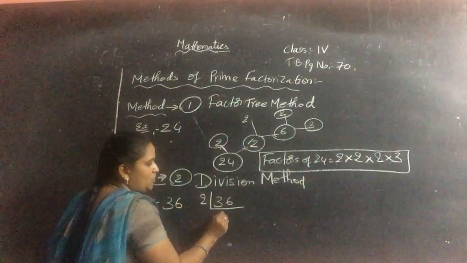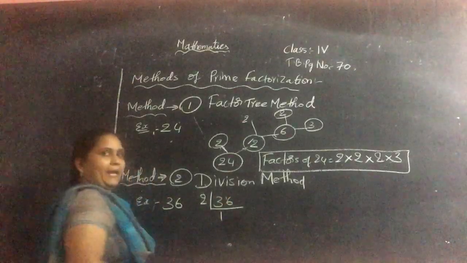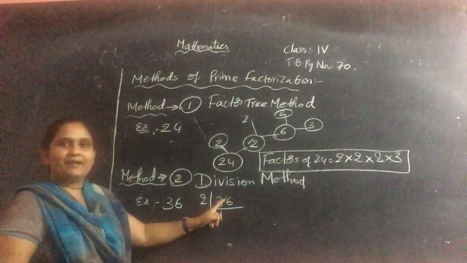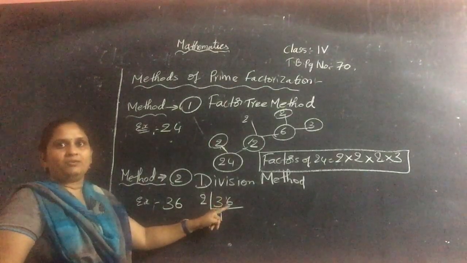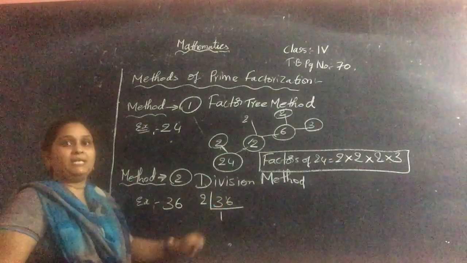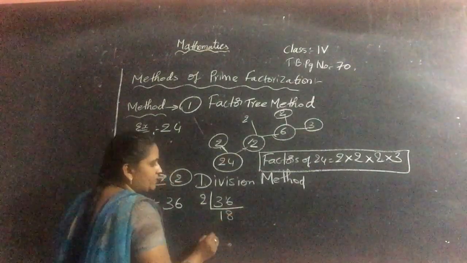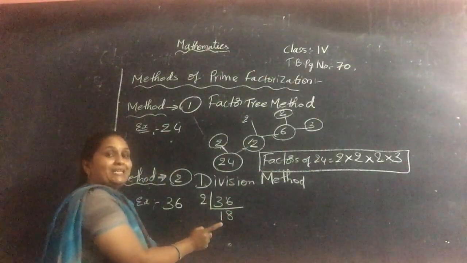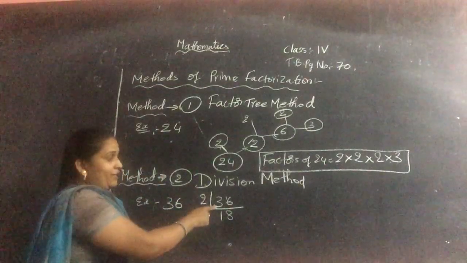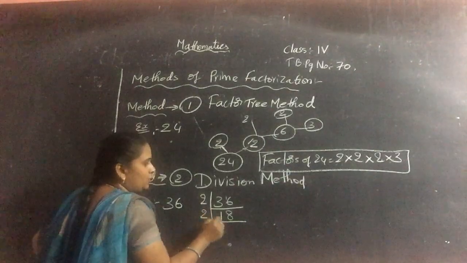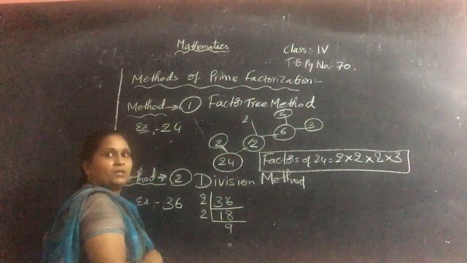2 1s are 2, and from 3 if you minus 2, the 1 is remainder. The 1 I have written before the 6. So now the value of the 6 becomes 16. In 2 tables, 16 divide 8 times. 18 we got. So what is the quotient will be? The quotient have to write down of the number. Okay children. So next again 2 table. 2 9s are 18. Okay.